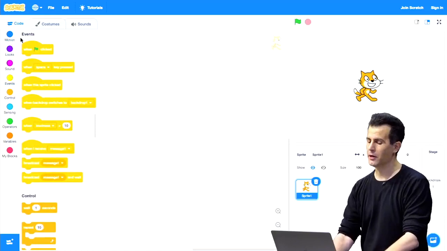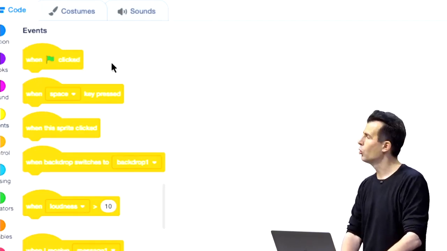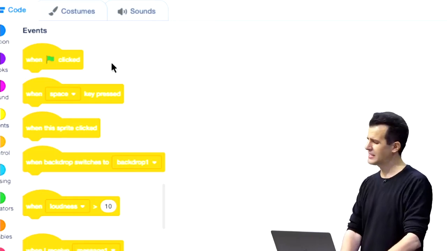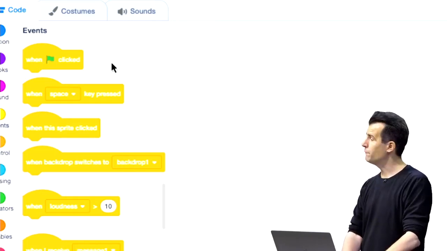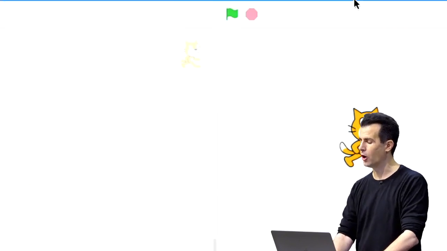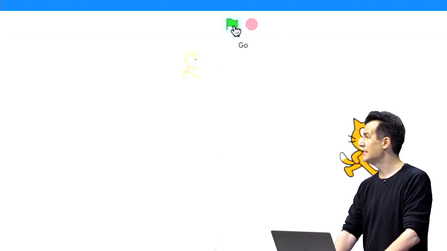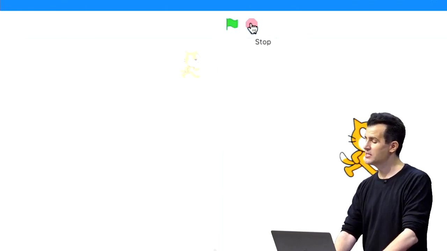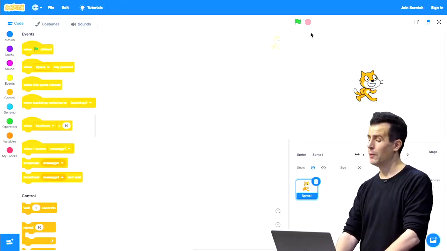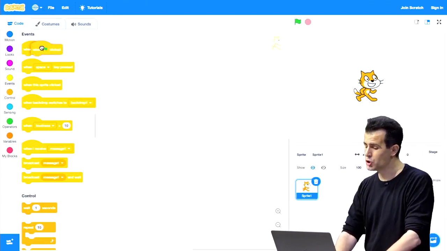And the first one I'm going to try out is this one here. This puzzle piece that's a little yellow or orange in color. It's in the events category, and it's called When Green Flag Clicked. This is of interest because if I go to Scratch's stage over here, you'll see at top left there's a green flag that's going to signify go, and a red stop sign that's going to signify stop. So if I want something to happen when I click that green flag, I'm going to start with this puzzle